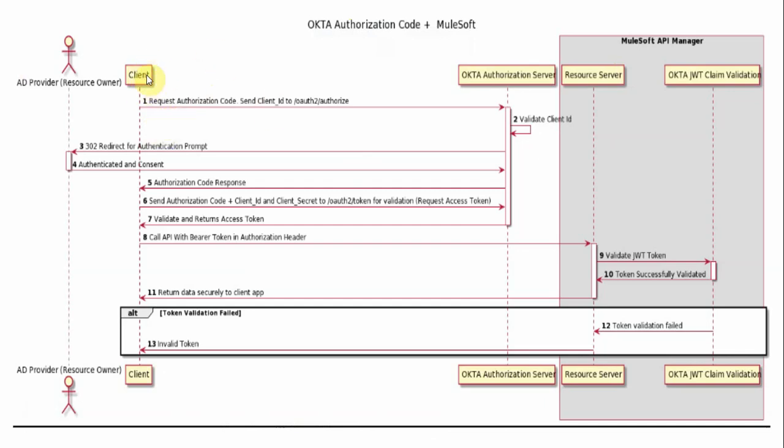Once the client has the client ID and client secret, the client will send the client ID to the authorization server. The authorization server will validate the client ID and redirect to the resource owner. In this case the resource owner is Okta itself. It will pop up a screen where you put the username and password available in your Okta. The resource owner might be different, it can be anything, but in this case we will use Okta as the authorization server and Okta as the resource owner.